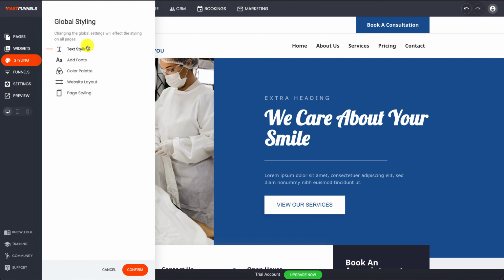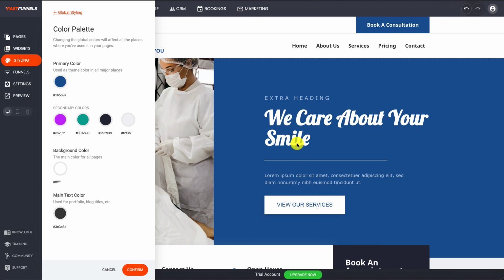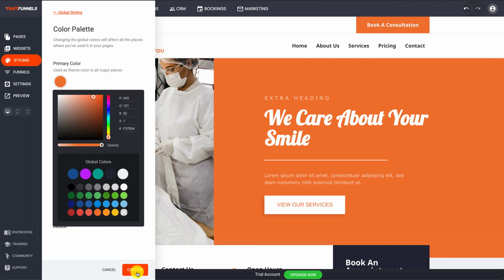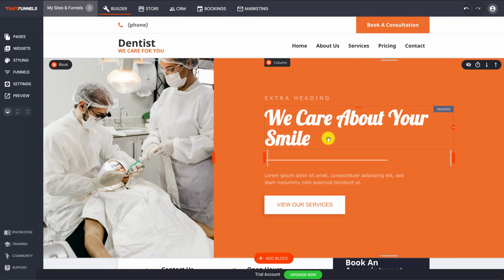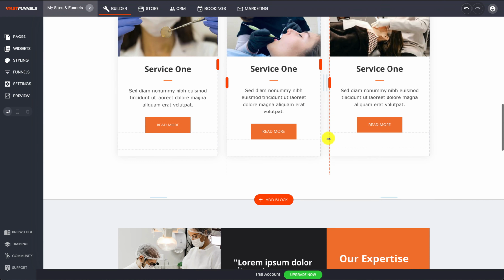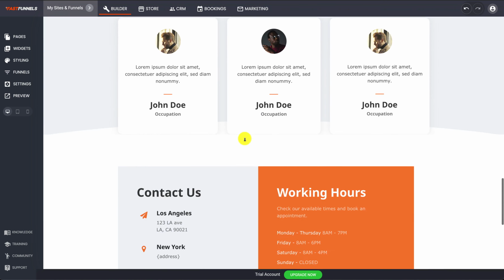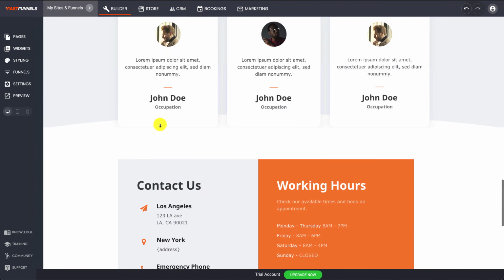We've talked about fonts. Now let's talk about color. So the primary color of this website, and you can see it's been used throughout, is this blue here. Well, we can quickly change that. Say your brand colors are, let's go for orange here. Now, everything that was that color is now orange. So rapidly, we've changed all the button colors, the background colors of certain columns, and that's just changed it over